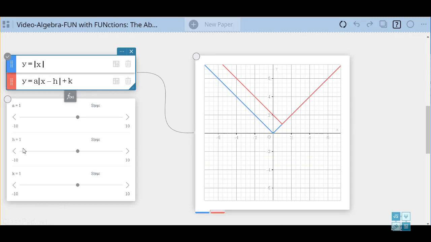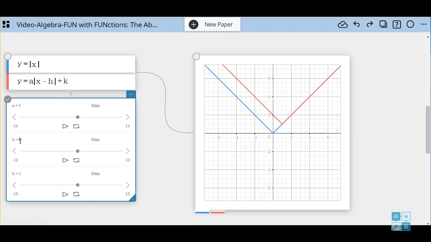Now what we would like to do is change the values of our variables. A equal to 1 is fine, and we want to change our values of h and k to 0. So now, when we manipulate or modify the value of a and increase it, notice when a increases, the graph gets narrower. When I change a to a value between 0 and 1, the graph gets wider, but it's still opening up.